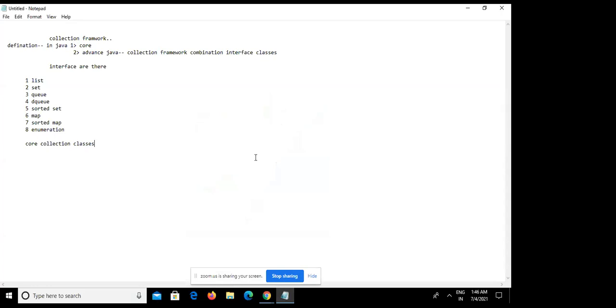Okay. So what I was teaching, that collection framework. So definition is that we have two courses, core Java and advanced Java. Because it was not recording, I am repeating now. In core Java, basically what I have taught: interface, exception, whatever their classes, object and all. So it basically comes under core Java.